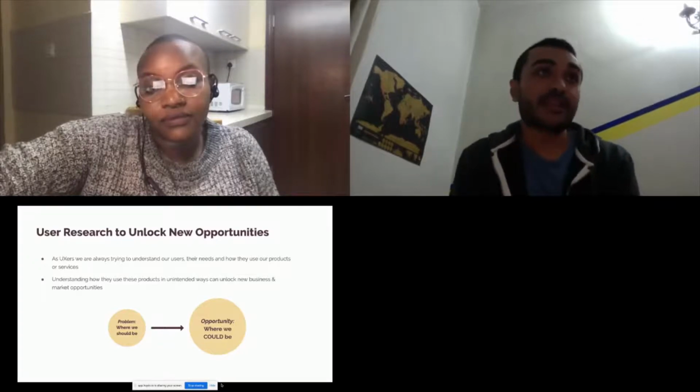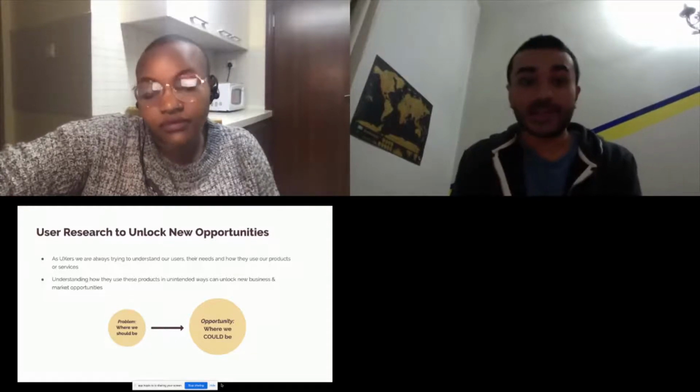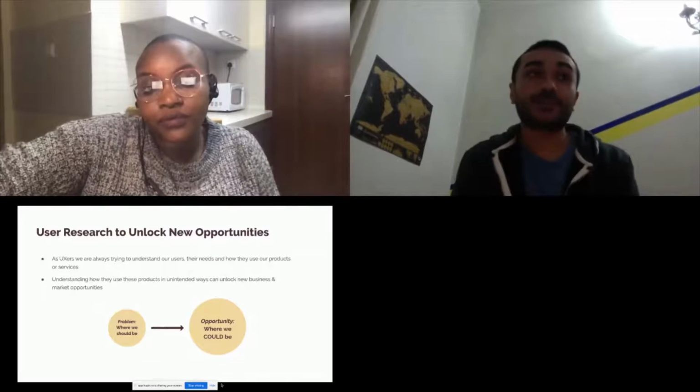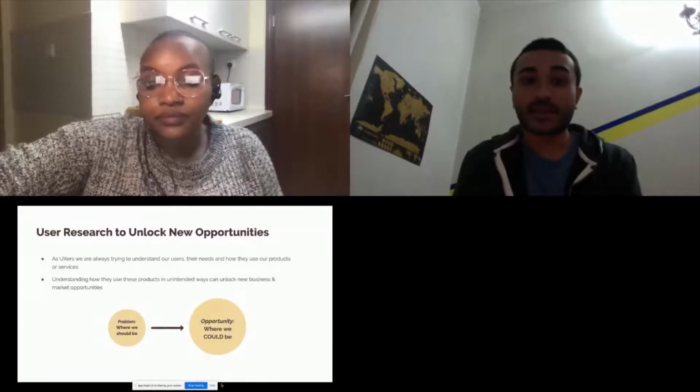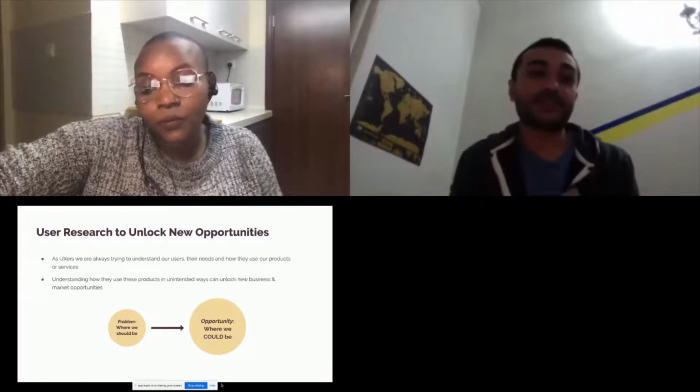We can actually move from thinking about a problem and where we should be to an opportunity and where we could be. And I'll bring in another example from where I work. I work at Africa's Talking, and like Njuri explained, we make APIs for payments and communications. So customers can send out bulk text, and they can also create call centers. They can send airtime. They can disburse payments.